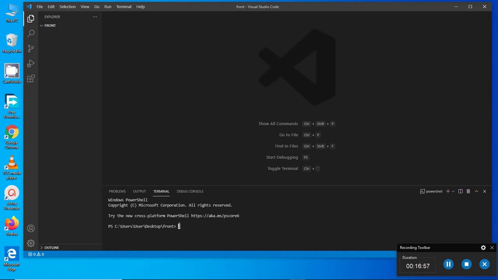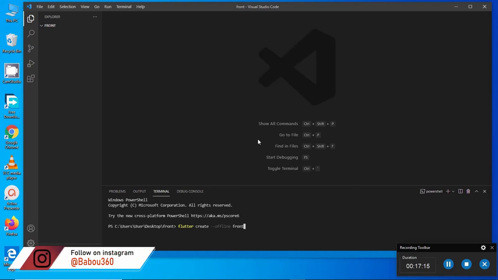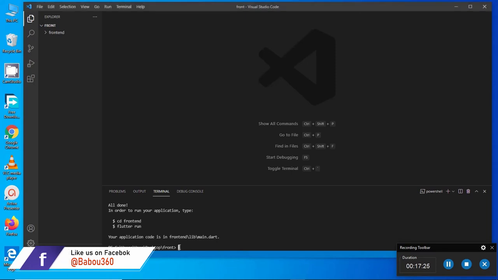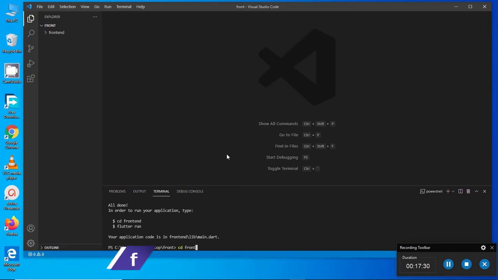I'm going to run flutter create --offline, and the name of the app you want, because for me this is frontend. It is going to take some time, so I have to wait. The app has been created. We have to cd into the app, which is frontend, and